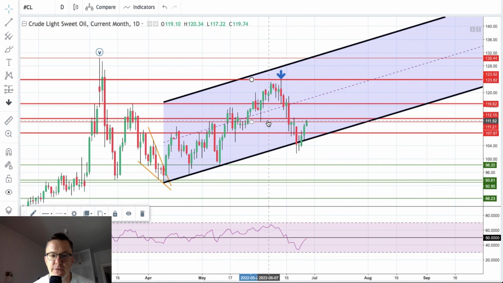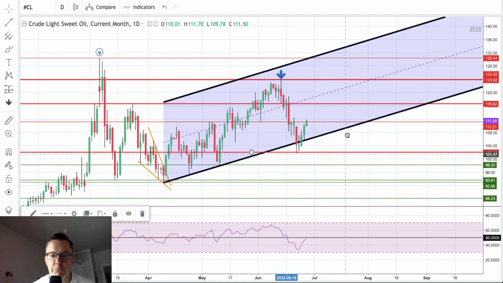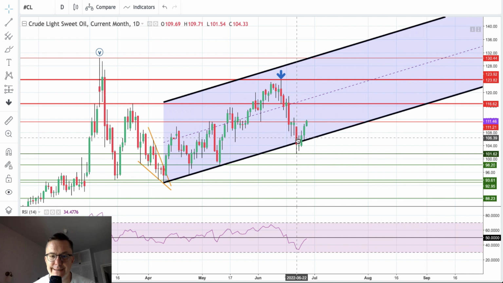This zone looks very busy for market participants, so we will just make it a little bit more clear here, because now this level 101.54 is local technical support outside the main channel. We should see the market reaction at 111.45 and then maybe at 116.62, but it looks like the market wants to go lower,